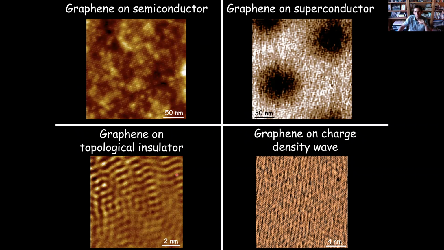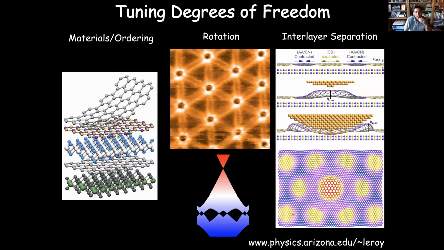You can combine graphene with semiconductors, superconductors. We've done topological insulators, charge density waves, etc. So there's limitless possibilities, and that's just using graphene. If you start combining them with each other, superconductors with topological insulators, etc., there's a large phase space to explore. And so today I've tried to just tell you a little bit of what happens in these heterostructures when you play with the twist angle. What happens when you change the rotation between them, how that modifies electronic properties. But there's a lot of other things to explore.